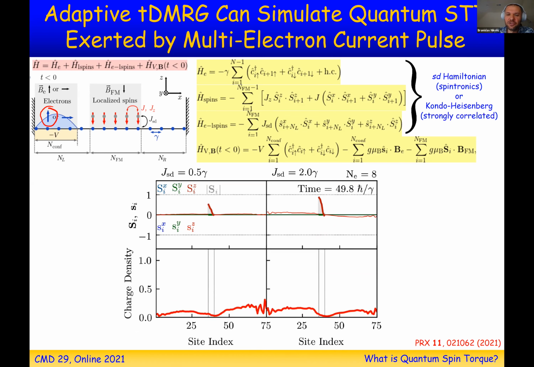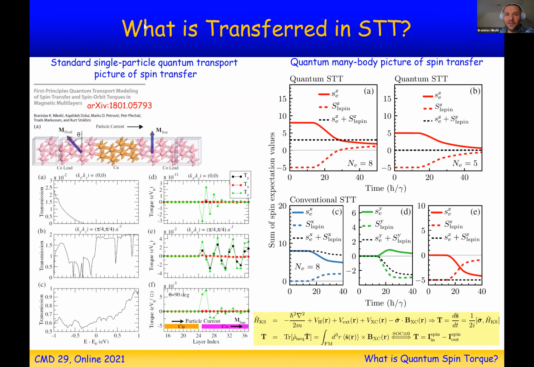And of course, this can never be described by any type of classical Landau-Lifshitz-Gilbert equation. Since we now have the full machinery of quantum many-body physics, where we have quantum electron systems and quantum localized systems, we can also ask the question, what is being transferred? So here, for example, you nicely see how the total spin of all the electrons is getting reduced, while the total spins of all localized spins are changing, the Z component. And so that means electrons are really transferring their angular momentum to the localized spins.